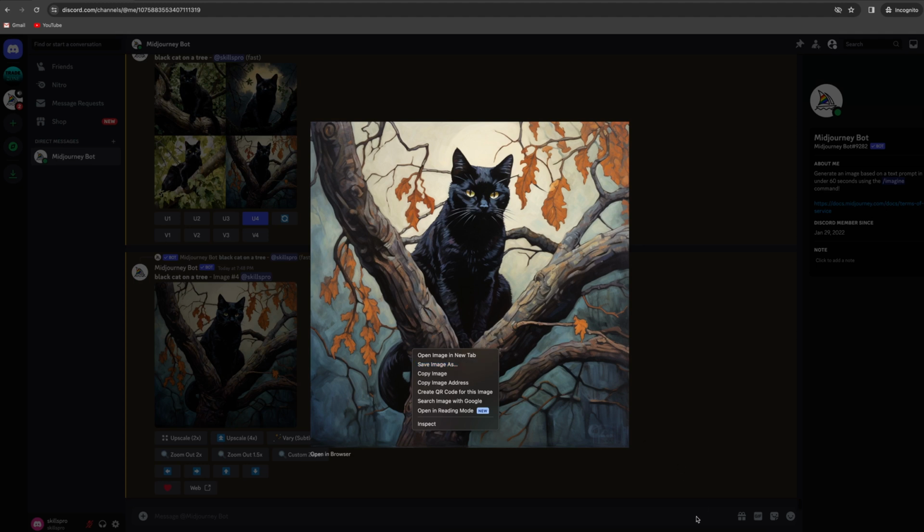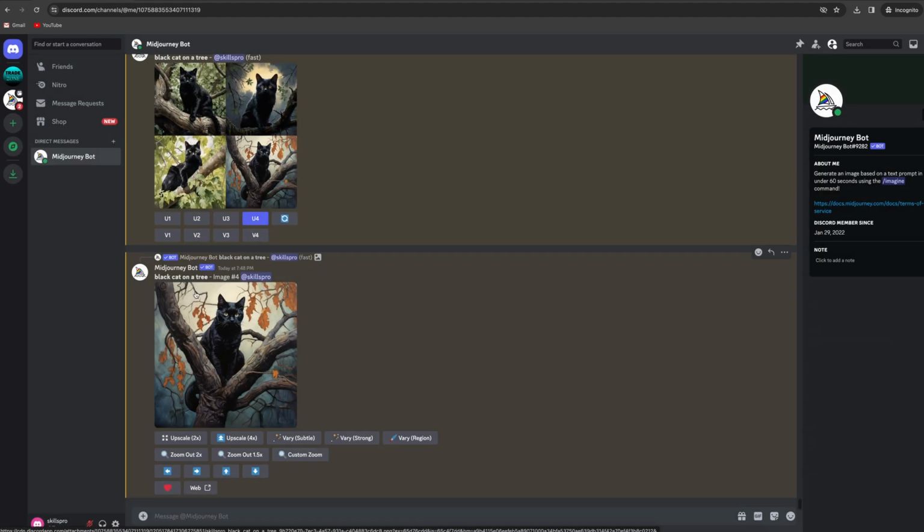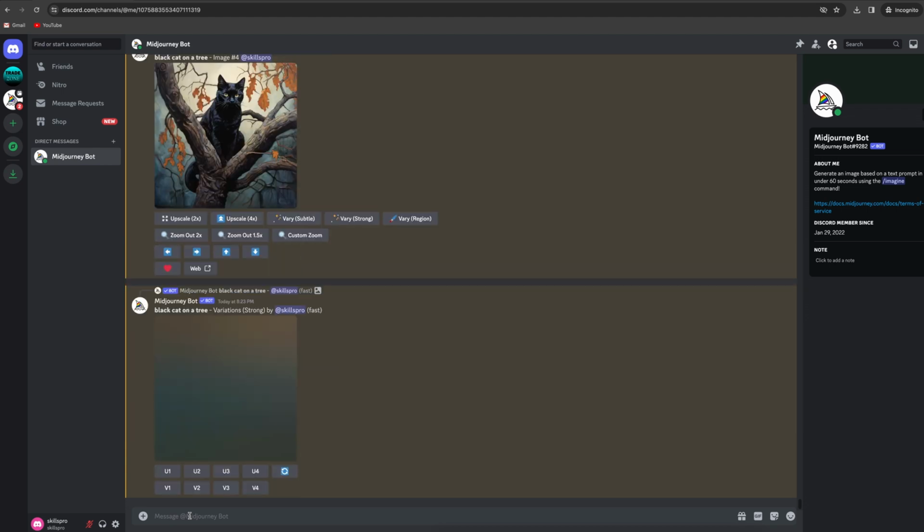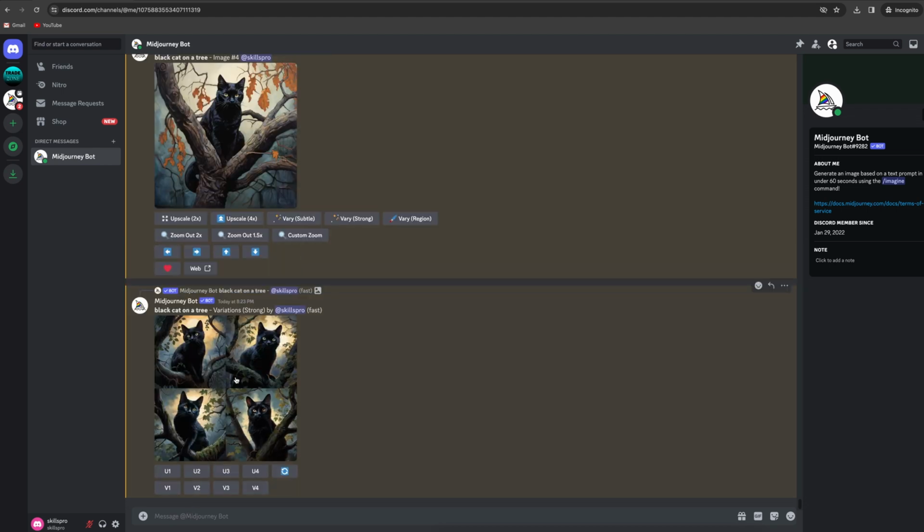If you like an image but something's off, you can try to generate slight variations. That's what the second row of buttons is for. Like the first row, each button matches the image number. Let's say we want to vary the second image. We press V2. Just a heads up, these are gonna be minor tweaks. If you don't like the image or its style, better to generate a new one. Now we got 4 more versions of our image. If we're not into it, we can try to generate new ones. That's what the button with the blue circle is for. Hit the circle and Midjourney starts a new generation with our prompt.